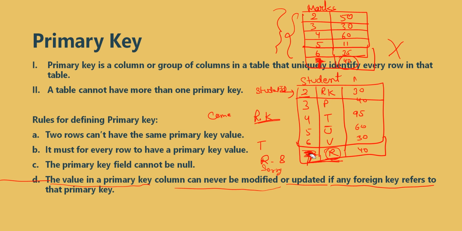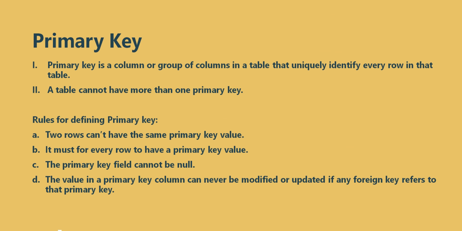This is a primary column. Keep this in mind. Okay, so this is a primary key, and let's say I haven't created this table, so if he requested me to do so, I'll just update it. That's completely okay. But if I already have created another table based on this primary key, then I cannot update the primary key value. Okay, so this is all about this fourth rule.